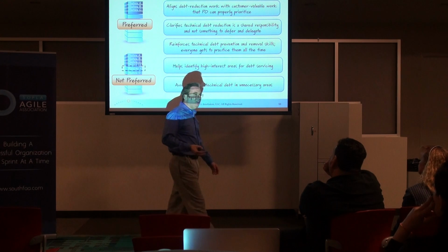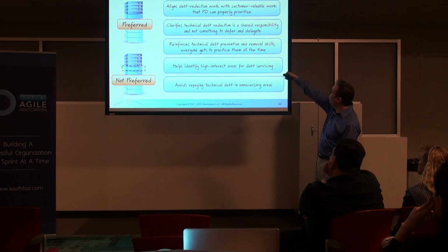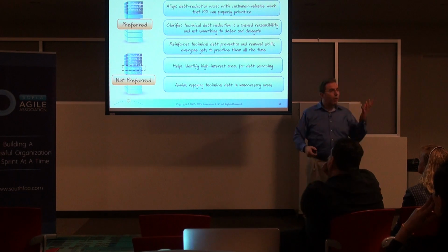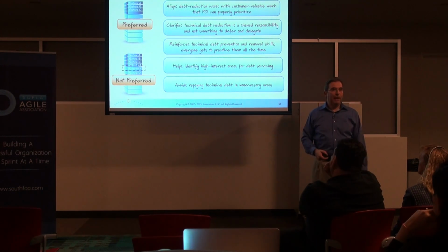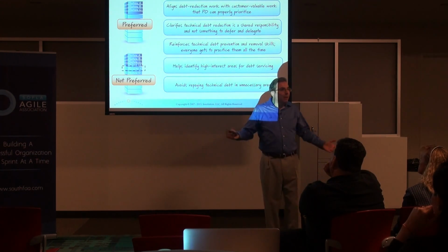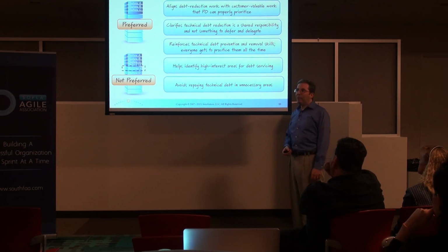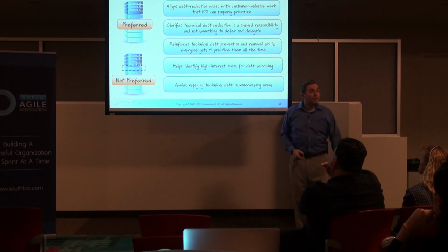Think about the advantages of aligning debt reduction work with performing customer valuable work. First, the product owner can always properly prioritize the backlog, so I'm not throwing at them technical things that they may have no clue in the world what they mean or how to value them. So I eliminate the problem of asking them to do something that they inherently can't do, and I don't have to make some kind of argument that's going to convince them. It clarifies